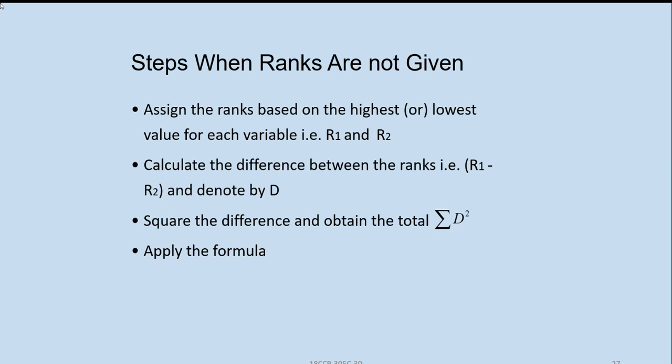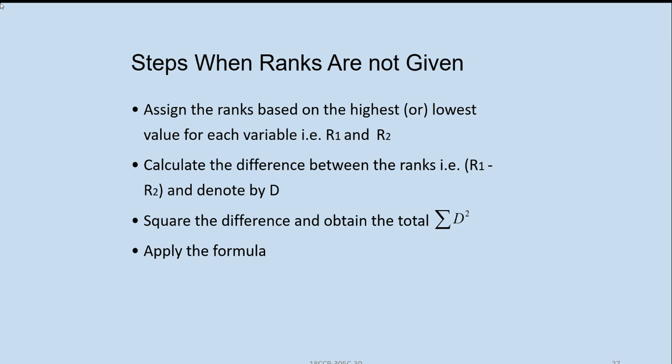As it is given, the data should be written, and then you give 1, 2, 3, 4 ranks from the lowest number to highest number, or highest number to lowest number. The ranks are normally given from lowest number to highest number. Lowest number is 1 and highest number is the maximum number. And we can also give reverse order, that is, highest number is given 1 and lowest number is given the last number. In that way, we will give the ranks. We will see one example, then we can understand.